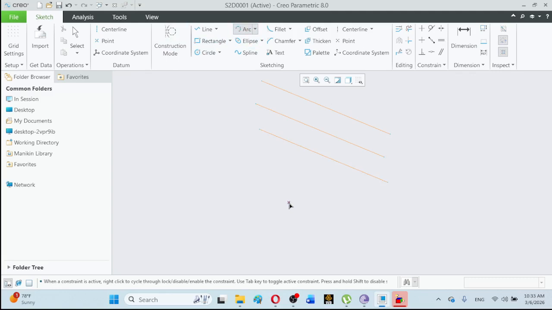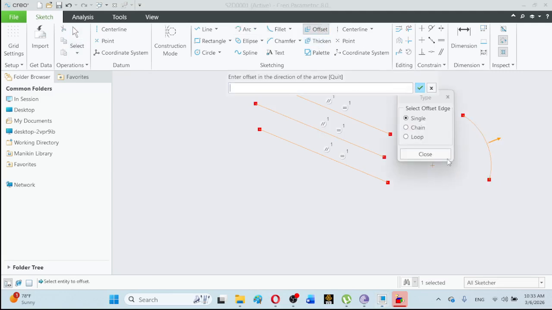Let us now draw, for example, a single arc, and apply offset on this. As we can observe here, I have selected the single type, so the offset will be placed in the direction of this arrow. For example, I have typed 1 positive here, so I have accepted the value. As has been observed, this arc has been offset 1 unit outside in the direction of this